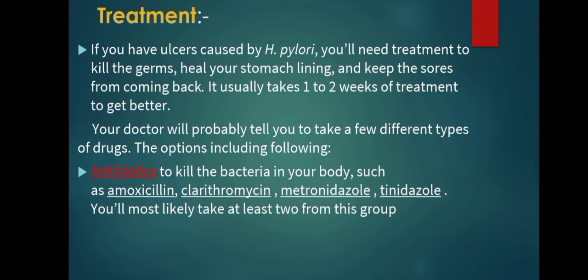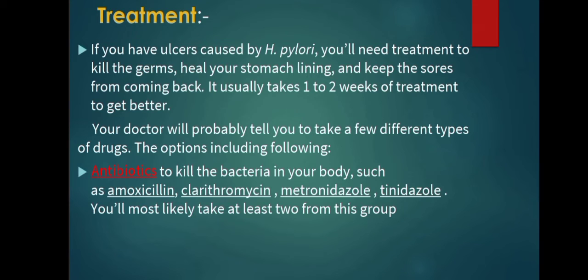If you are infected by H. pylori bacteria, then how can we treat them? Let's see what the treatments are for that disease. If you have an ulcer caused by H. pylori, you will need treatment to kill the germ, heal your stomach lining, and keep the sores from coming back. It usually takes 1 to 2 weeks for treatment to get better. Your doctor will probably tell you to take a few different types of drugs. The options include the following: